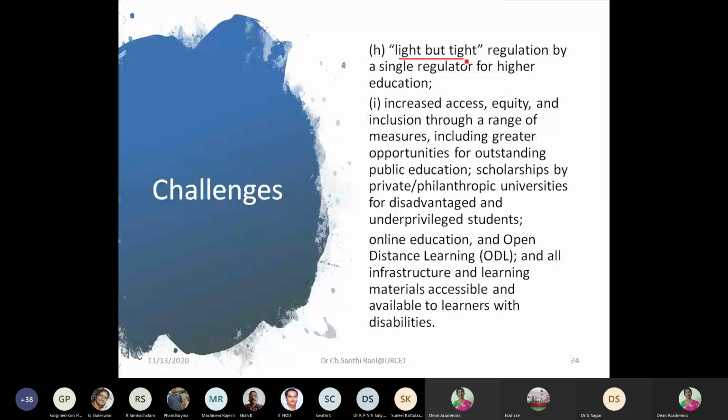make light but tight regulation, right? Light but tight regulation by a single regulator for higher education. That is single regulator, we can imagine single regulator. Actually, till now we have so many autonomous colleges in our state itself, and they are framing their own curriculum, and each autonomous institute is different and each university is different. Now it is going to be a light but a tight regulation by a single regulatory authority, and increased access